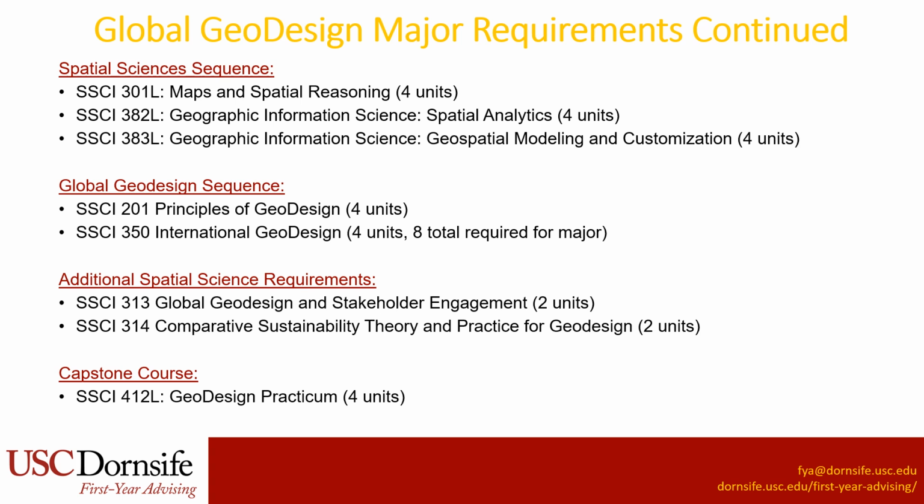Now, this is really what sets the major apart from the other majors within social sciences, is that it requires 8 units of this International Geodesign course. And this course is actually a Maymester. So it will take place at the end of the spring semester. So typically, after all of your other traditional spring classes are completed, usually it runs about mid-May to mid-June, and